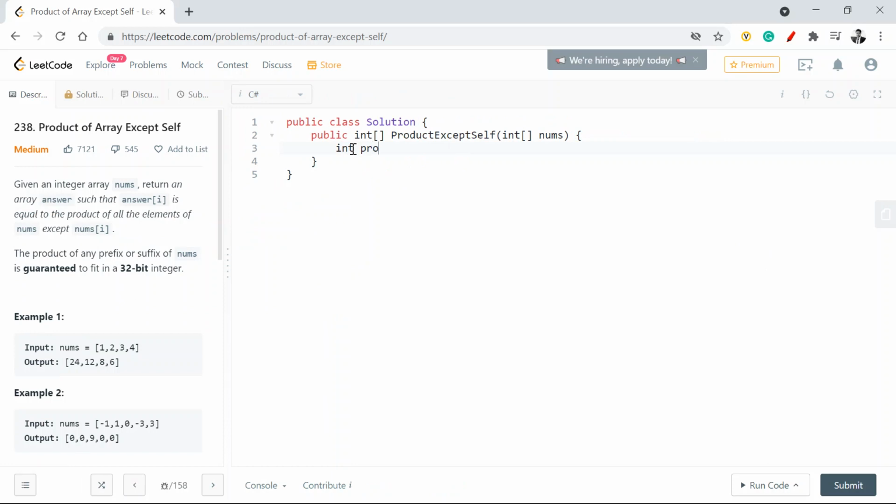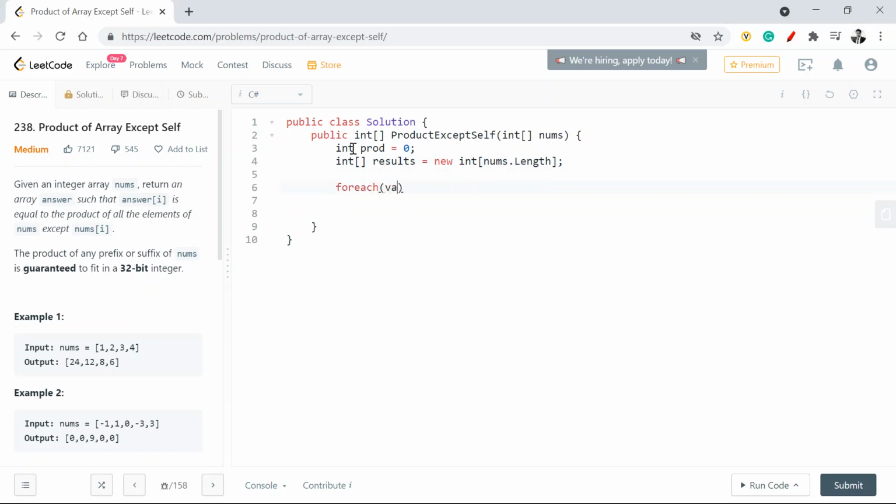So what I'm going to say is my product of this will be assuming say that 0, and I'm going to create one array which is going to be results is equal to new int nums dot length. And what I'm going to say is I'm going to create the product of the entire array.